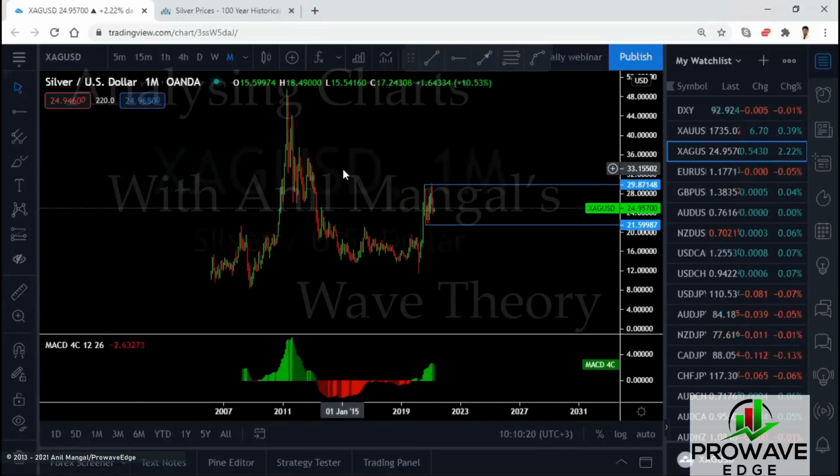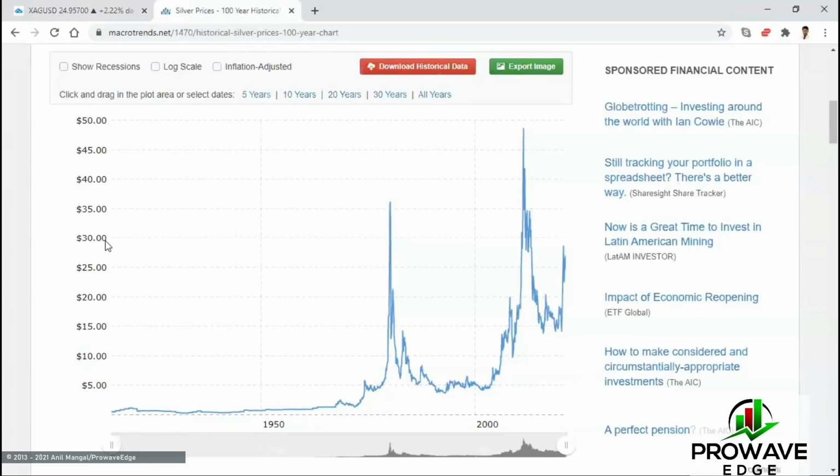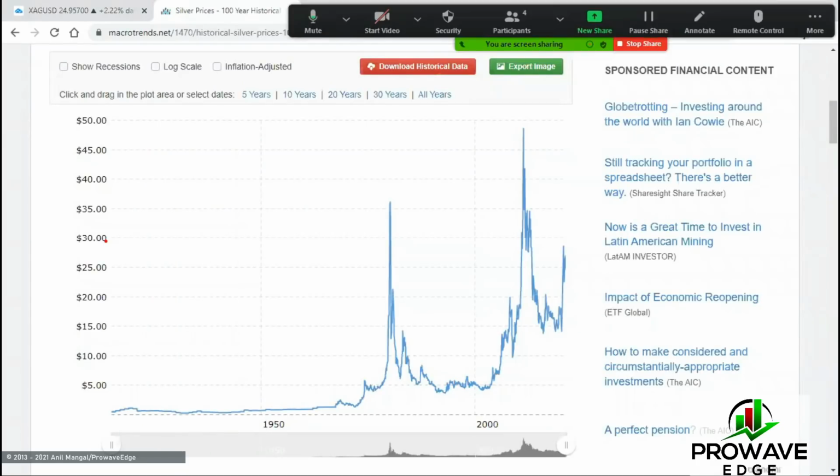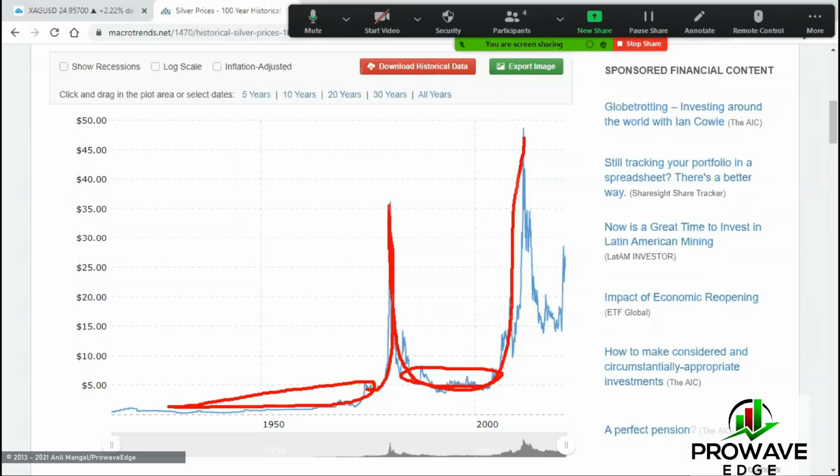Any chart you take, I'll take silver simply because I want you to see the silver chart from the historical one. So you might have an understanding. What you see is a period of very, very slow move. And then you find that it took off. Followed, reversed, another period of very slow moves, took off. Reverse, a period of slow move. Is it taking off? Is this going to break the top?